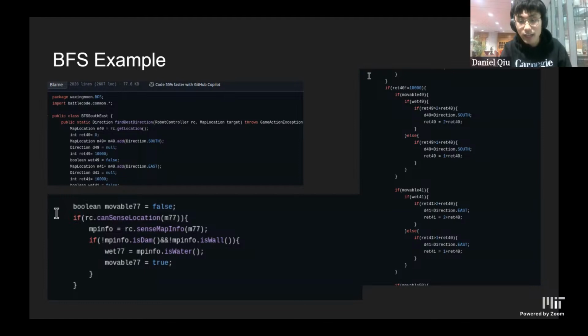And then after that, on the right side, you have the BFS portion, where if you can move onto that square, then you can calculate ret for that value. So each of the rets holds essentially how far or how much cost it takes to move to that square. So yeah, if you move to the next slide,